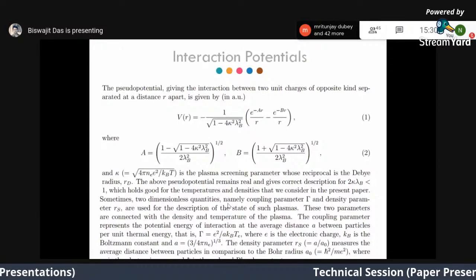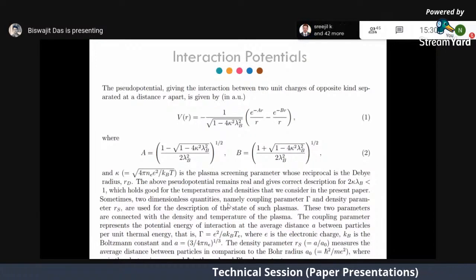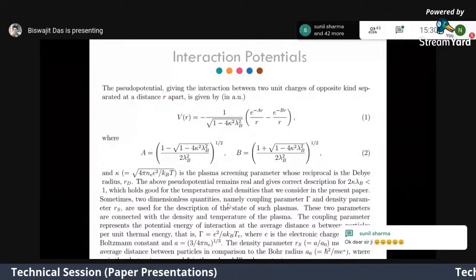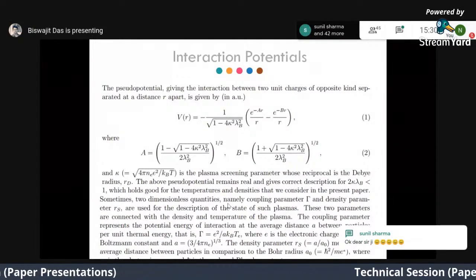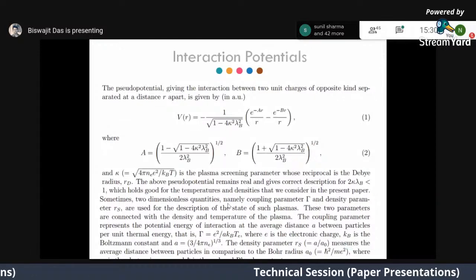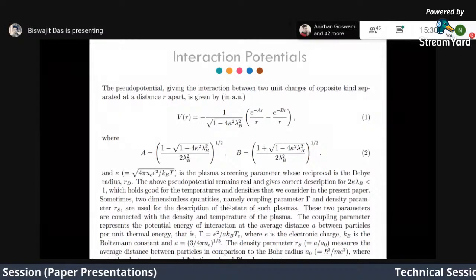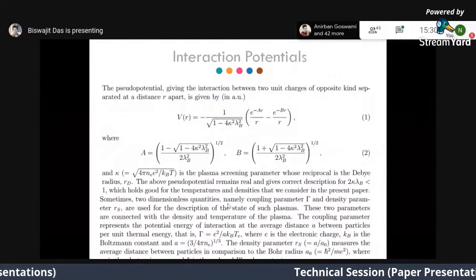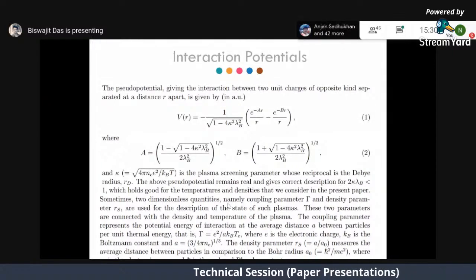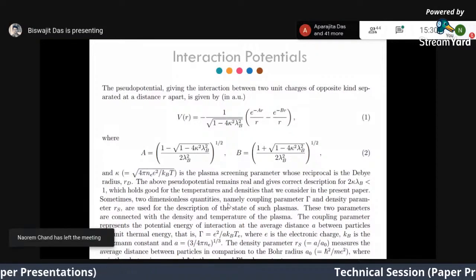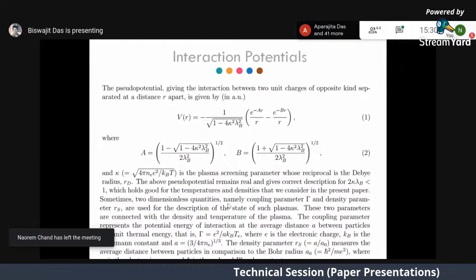Sometimes two dimensionless quantities, namely the coupling parameter gamma and the density parameter Rs, are used for the description of the state of such plasma. These parameters are connected with the density and temperature of the plasma. The coupling parameter represents the potential energy of interaction at the average distance A between the particles per unit thermal energy, that is gamma equal to e square by A into kB into T,